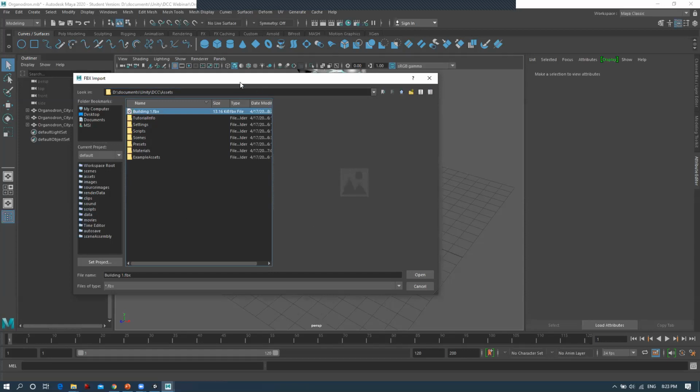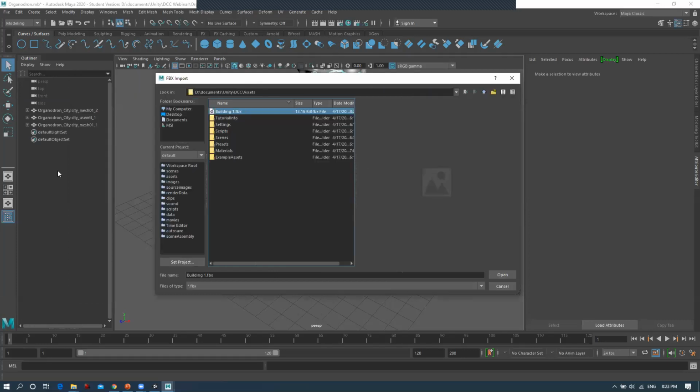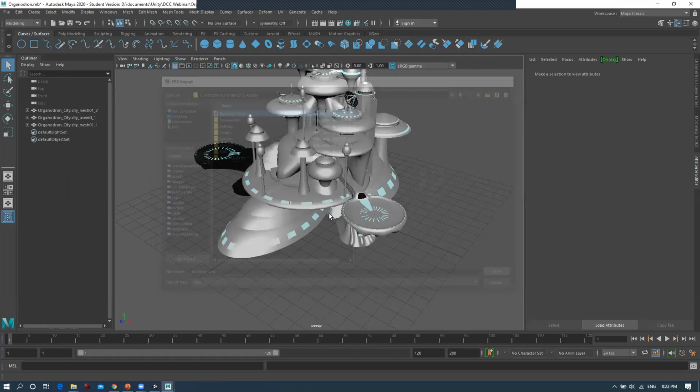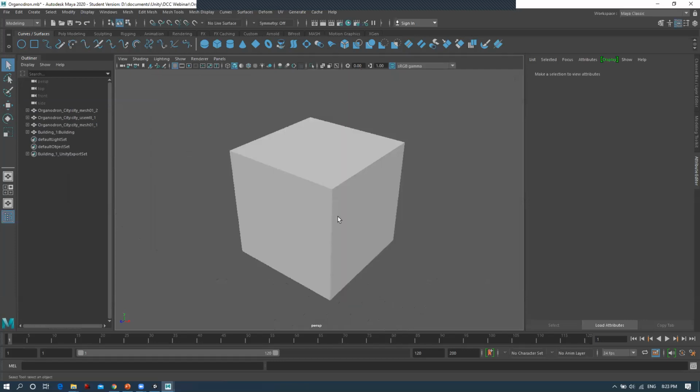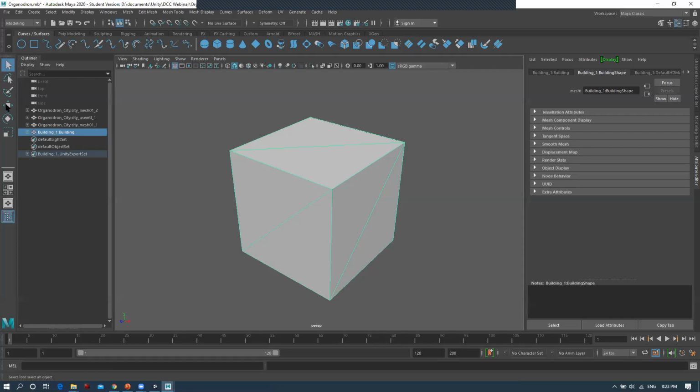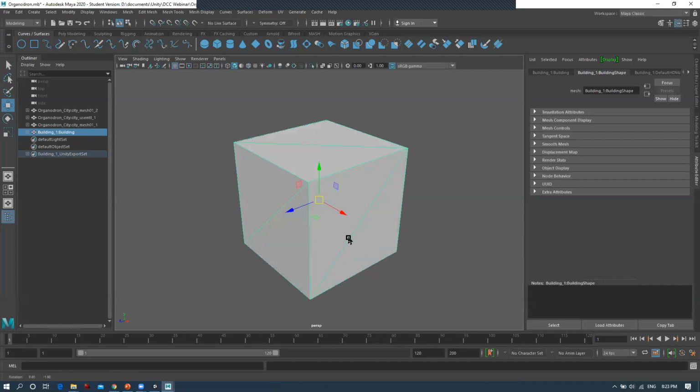Now, just pay attention to this outliner window. In this window right now, you can see the meshes, the default lighting, and the object set. It will create two types of object set over here. If I open this, right now I'm getting a cube. The scale of the cube is too big for the project, so I'm going to select this cube. This cube is too big for this.